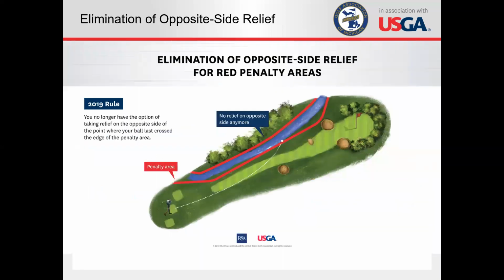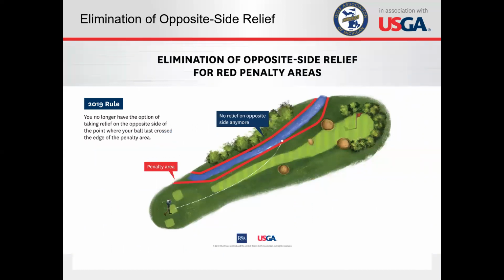Okay, so the red penalty area, there were 3 relief options. There used to be 4 for lateral water hazards, and the one that's been taken away is this opposite side relief. And basically the reasoning behind this is that